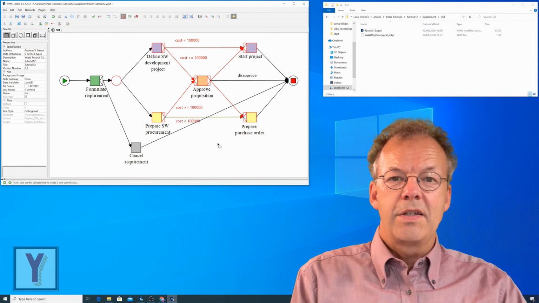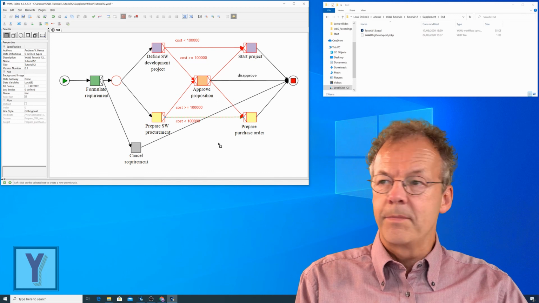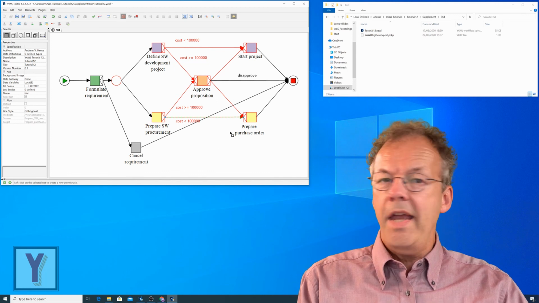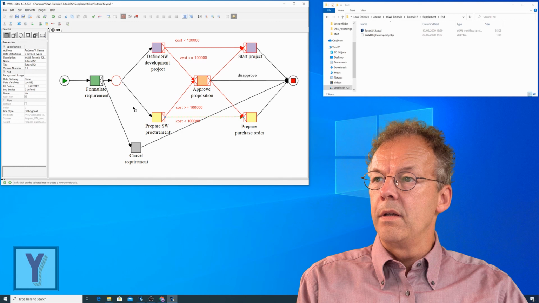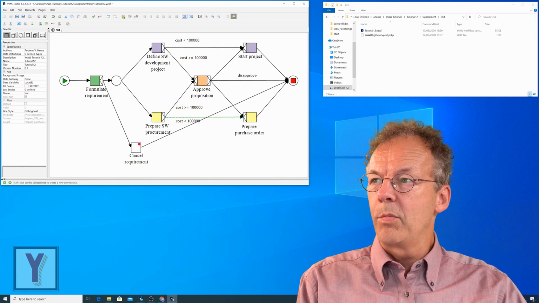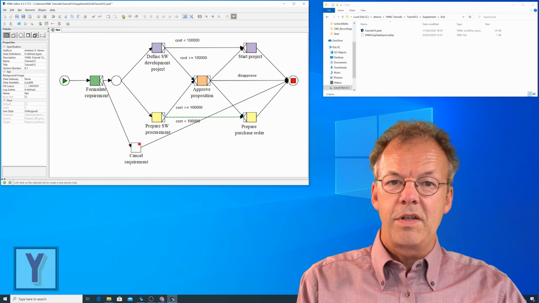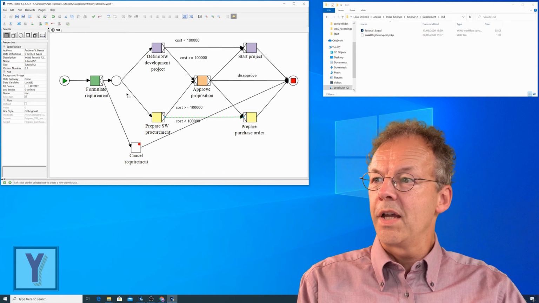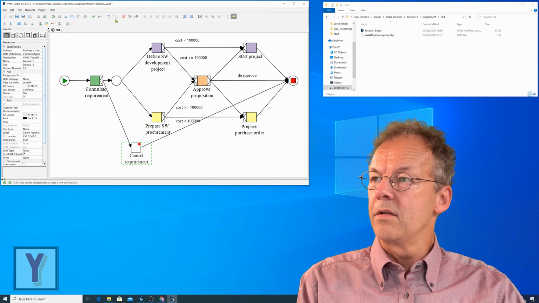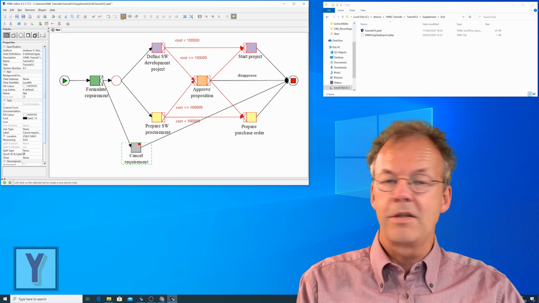And now our cancellation region is complete. Now we can stop this. And now we don't see the cancellation region anymore. We can select the task again and click it to see it again.